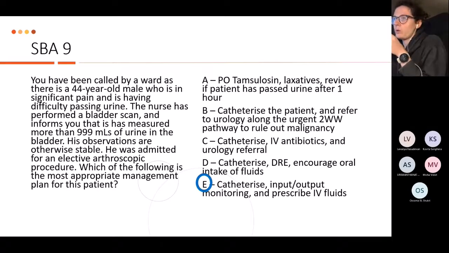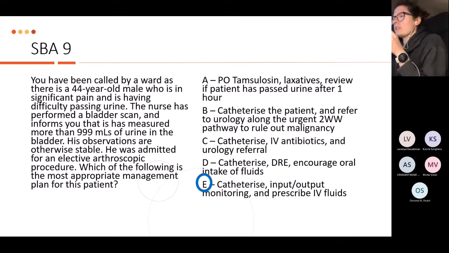Now, of course, in general, you do need to consider why this person has gone into retention. They're not that old, they probably could have made them a bit older. So you might consider asking about any symptoms that indicate they might have BPH or a risk of malignancy. Based on those, you might make other decisions, such as referral to urology, investigations, DRE, 2-week wait, PSA, and so on. But there's not really anything in this to indicate that that's necessary at this point, though that's not to say it wouldn't be necessary once you've got more information.